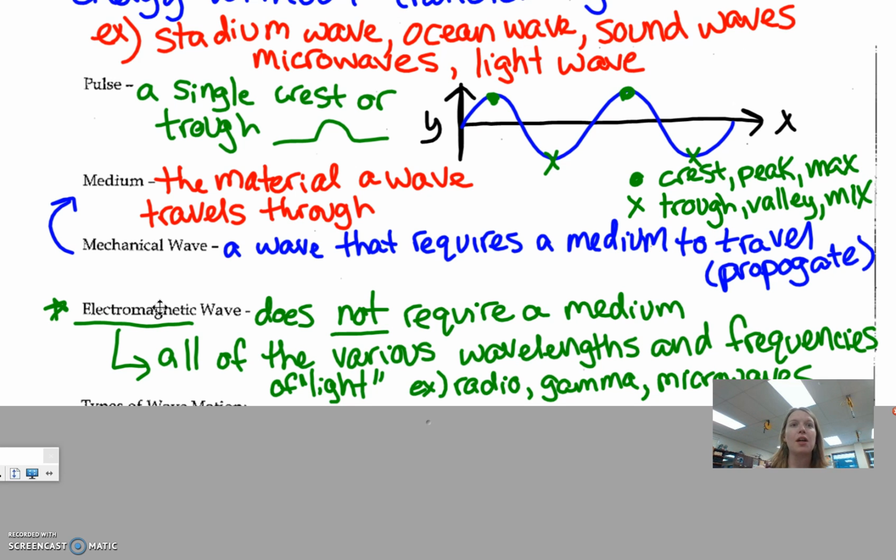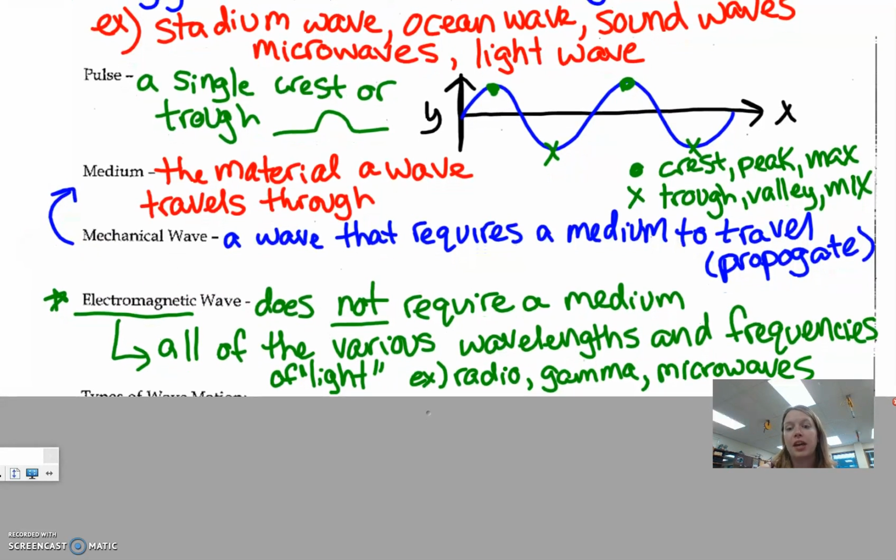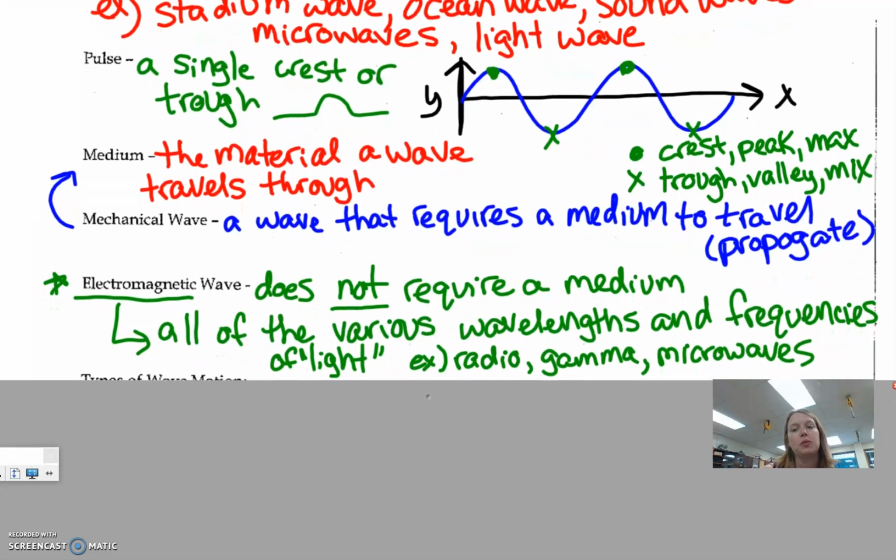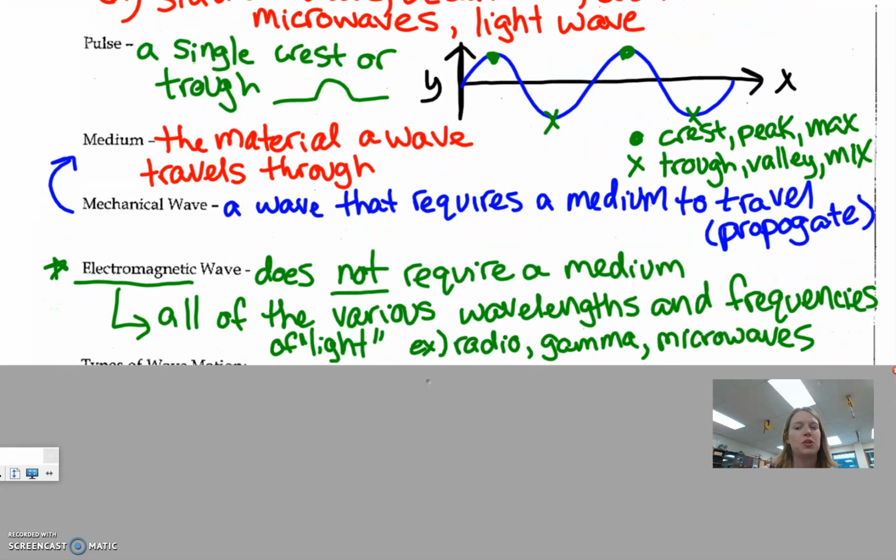So there is nothing in space, essentially. Sometimes there's a molecule every once in a while, but the word vacuum means that there's nothing there. So it travels through the vacuum of space and it reaches us. Light is an electromagnetic wave, and the sun produces light and it travels through nothing, basically, and comes to us. Light is a really weird thing, and we're just going to table light for a second